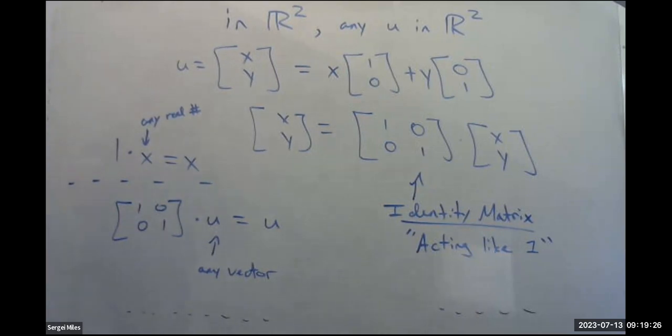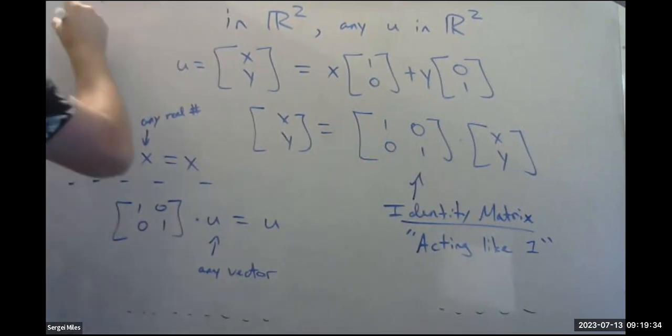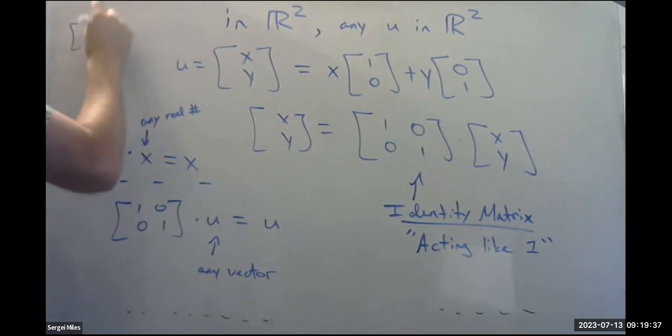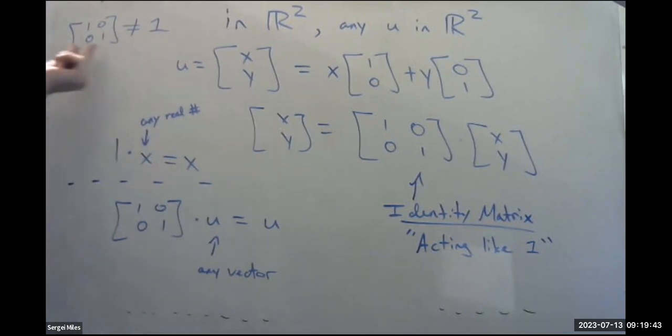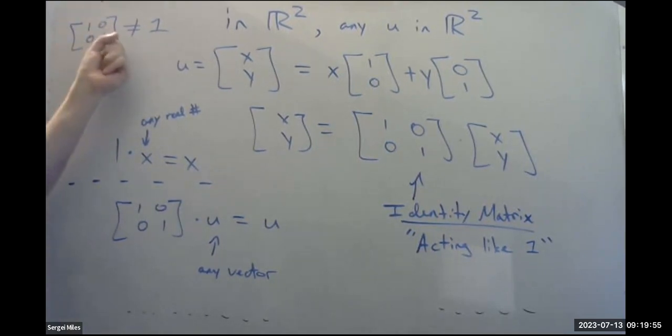Now I want to clarify this because I've seen students in the past where they see the identity matrix and they just change it to the number 1. The identity matrix does not equal 1. Right? The number 1 is a real number. The identity matrix is a matrix. These two things are not equal, so watch out for that. I've seen students do that before on tests, midterms, homeworks. You will lose points for this. These are not equal, right? They act the same. They do the same thing in multiplication, but they are, in fact,